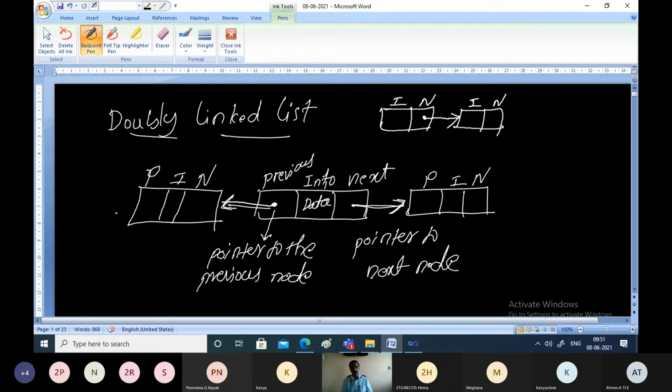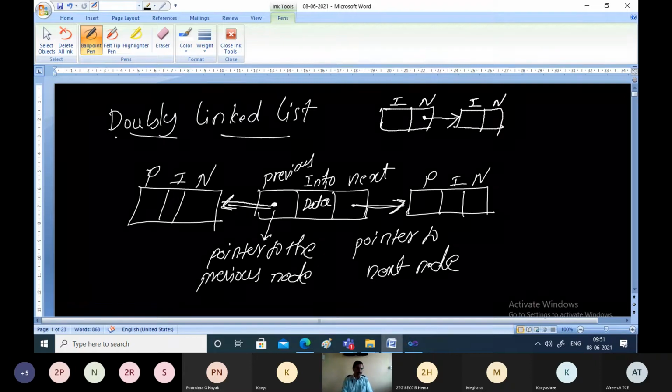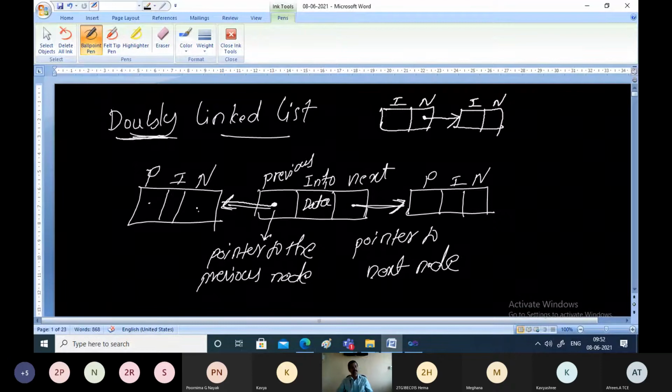So doubly linked list allows us to traverse across the linked list in both directions, from left to right as well as from right to left. That means from wherever you are present, from the present node, you can go in the forward direction or come in the backward direction. So that is one advantage of the doubly linked list. And why is it called a doubly linked list? There are basically two pointers in the linked list, one forward pointer and one backward pointer. That's why the name is doubly linked list.